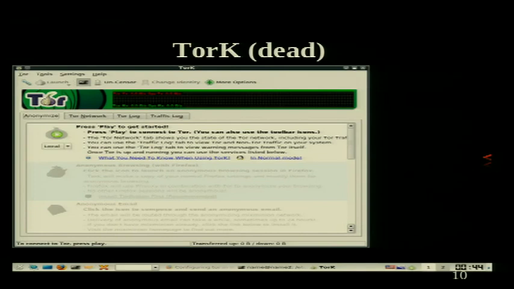This is kind of a sad story, which is Qt developers are hard to find, but apparently there were enough of them to make two Tor controllers in Qt. And this one is not so much dead as no one is maintaining it. I think it actually still works, but it doesn't do all the things that we need it to do. So if this was more interesting than Vidalia is, you could actually adopt this as well.